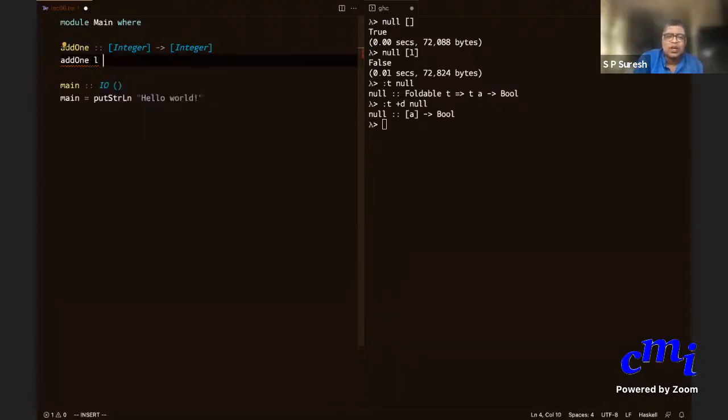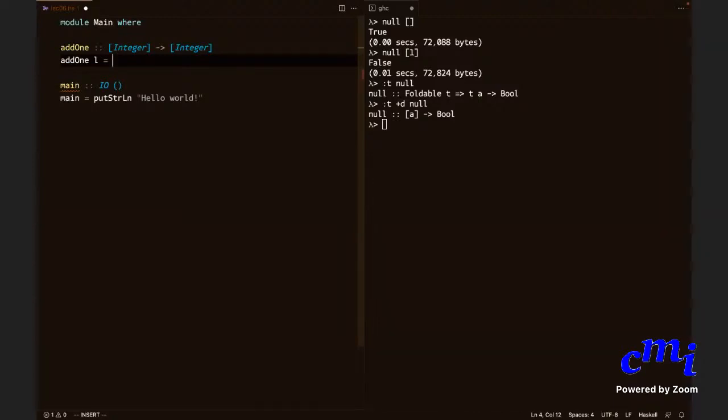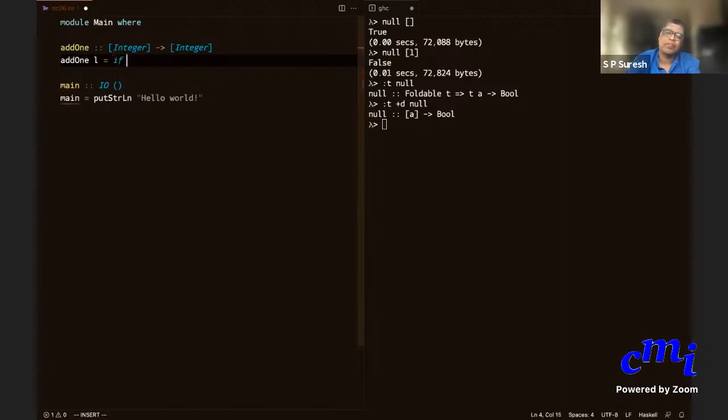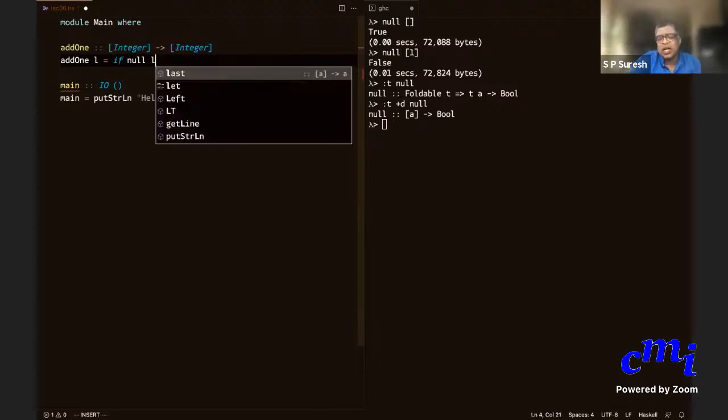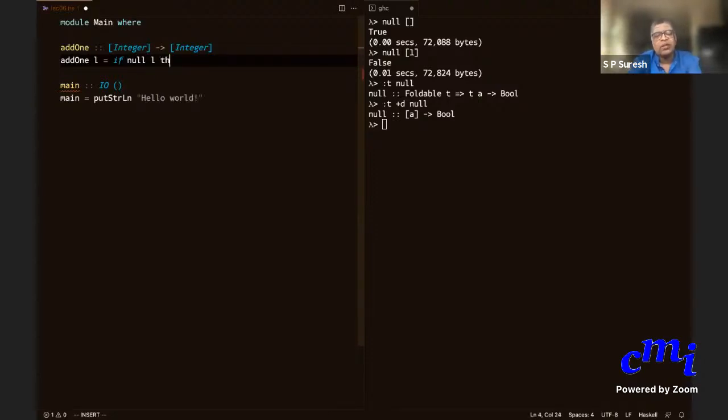Okay, how do you do this? Add 1 of a list. Your input is a list, so you will call it L. What is the base case? Like I said, it's an empty list. How do you check whether it's an empty list? If null L. If L is the null list, then what do you return?